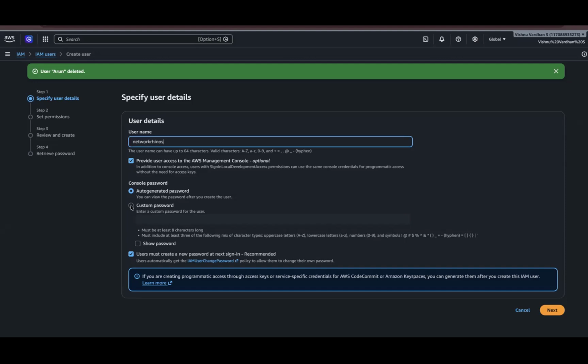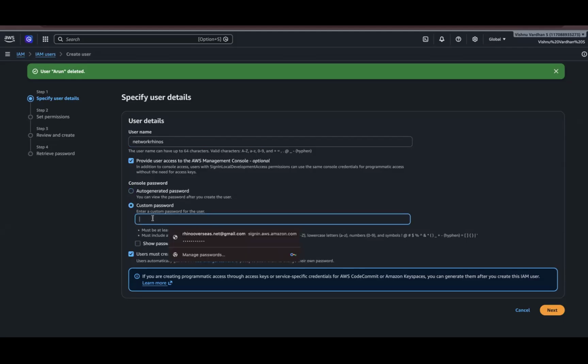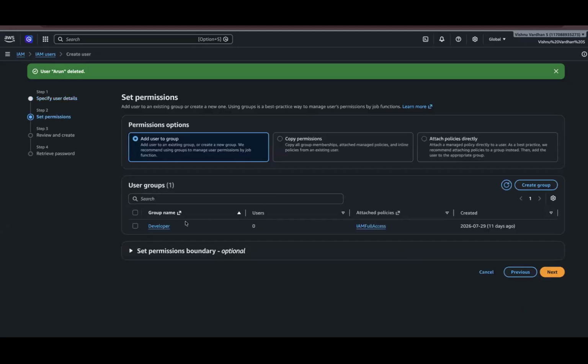I want to give a password. I'll just give a password. I don't want you to create a new password on the first login. I'll leave it as it is. So that's my username. I enter the password. I click on next.